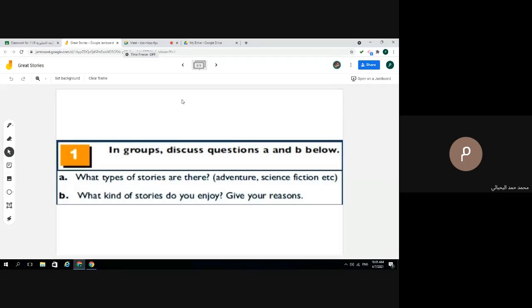Excellent. So reading is very important to improve your language skills in general. And what kind of book or what kind of story do you like? Mystery. Yes, excellent. What else? Who can give me more examples?